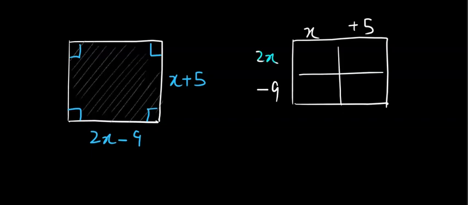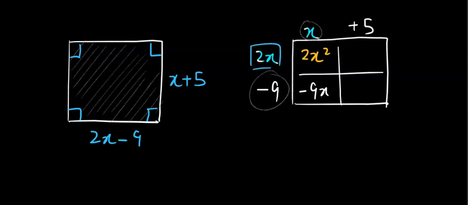Let's look at what is 2x times x. That gives us 2x squared. And let's look at what is x times negative 9. It gives us negative 9x. Now let's look at what is 2x times 5. That gives us